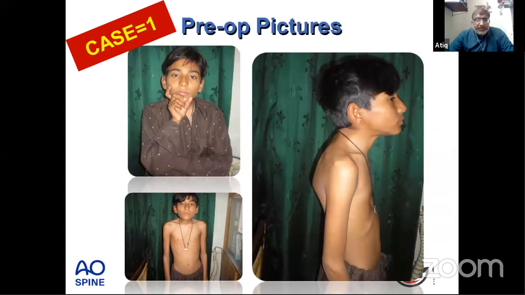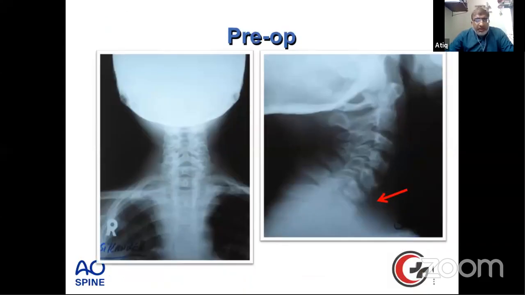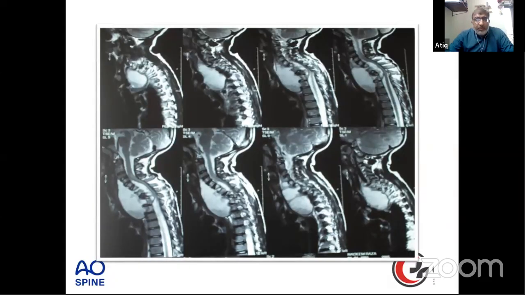You can see this patient who is holding his head with his hand because he has severe pain, and he has been going to different hospitals for the last 3 to 6 months and remained undiagnosed because there was not a good quality X-ray, and it was not picked up by the non-orthopedic surgeons. It shows a destruction of the vertebral bodies from C6 to T1, and there is an increased soft tissue shadow in front of these vertebral bodies. So when we go for the MRI,